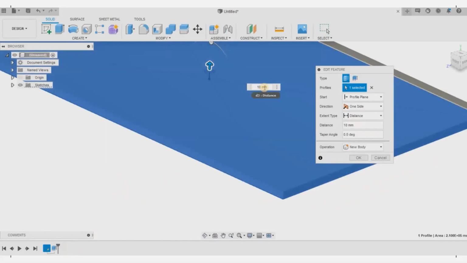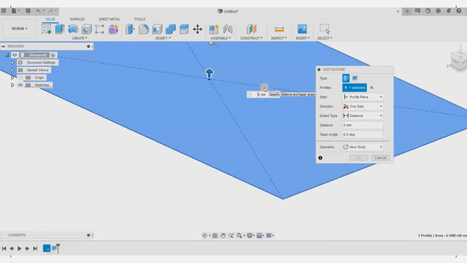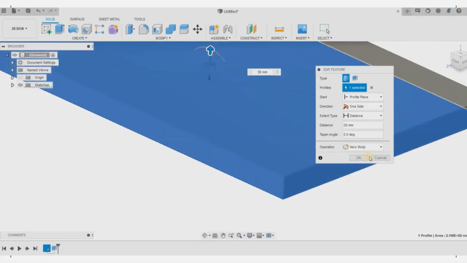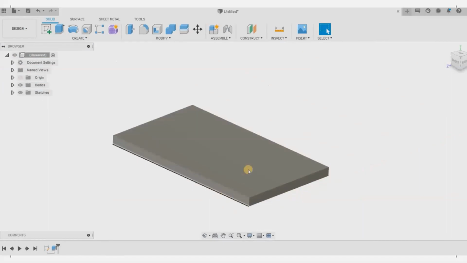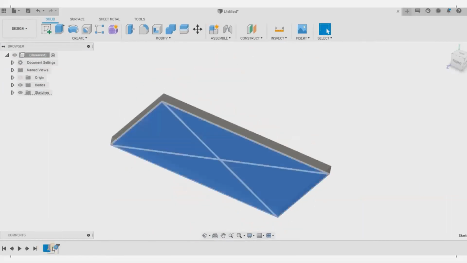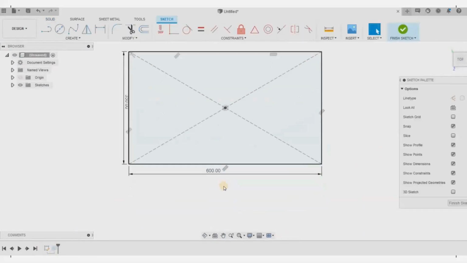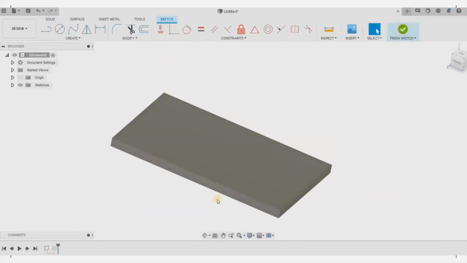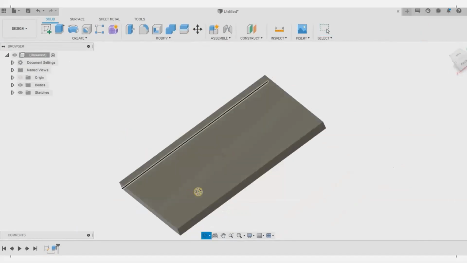So here I'm going to change the dimension. I've made it 30. I can keep changing this way. And now I have to save this file, right? I will also be able to change the sketches if I want.